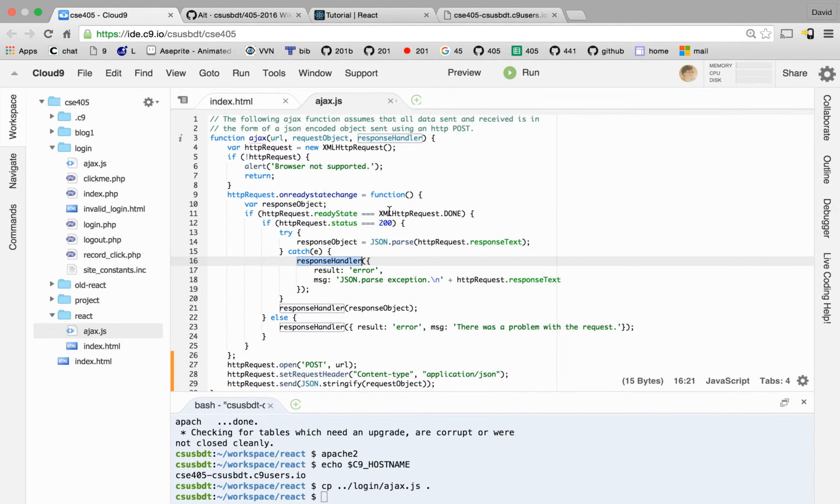Basically, this Ajax code is a function. Here it is, Ajax. And you pass in a request object. That's a JavaScript object that's converted into a JSON string sent to the server. The server is responsible for converting the JSON string into a PHP object. And then the PHP code will process the data that it gets, and then generate a response. And the response will be in the form of a JSON string. So when our response handler is called,